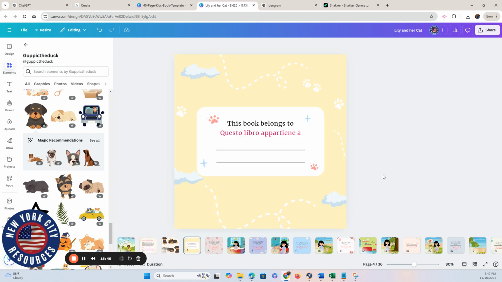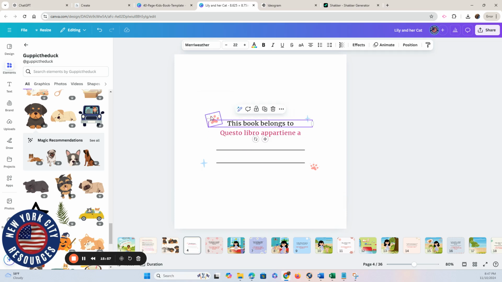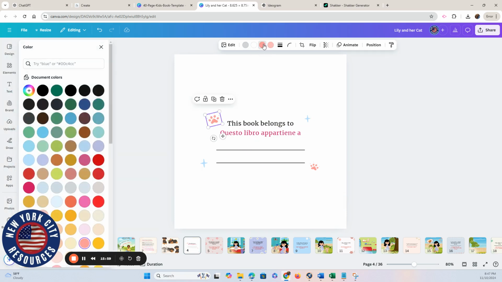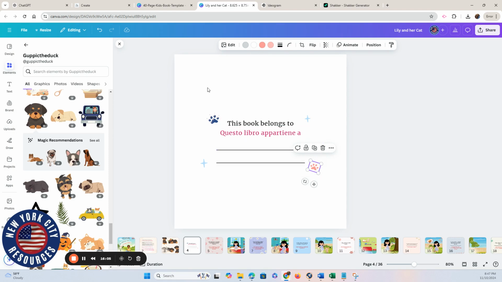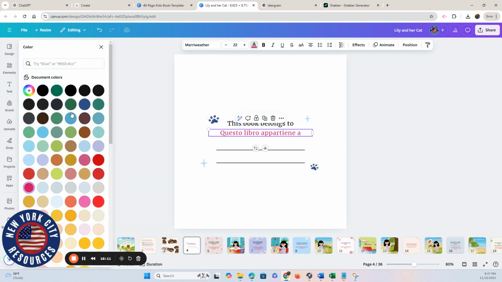Remember, with each book, don't give the customer the same background. You have to change pretty much everything, okay? You want to do a completely different book. If you're doing a dog with paws, it doesn't have to be pink. You can make it a dark blue, because now it's going to be a boy and his dog. And I'm choosing blue. This here I'm going to change to blue,